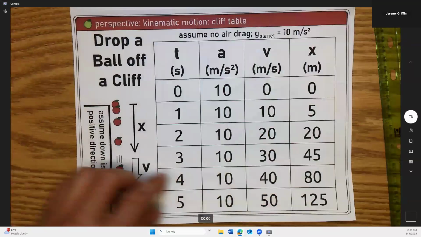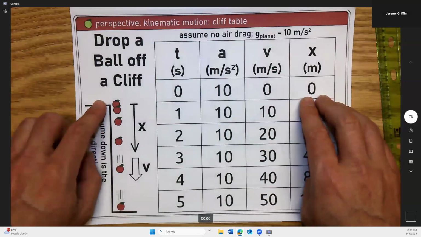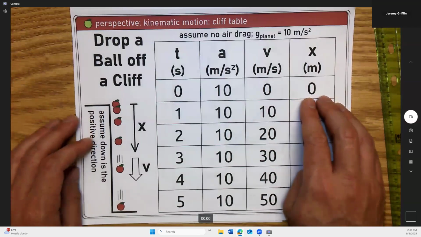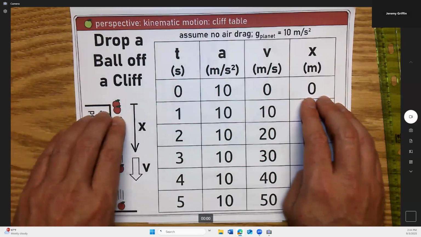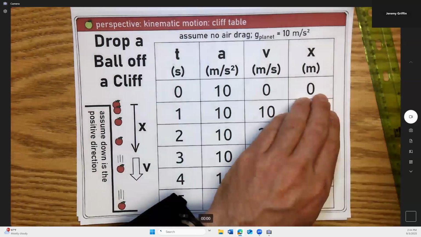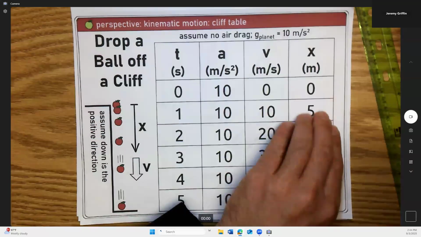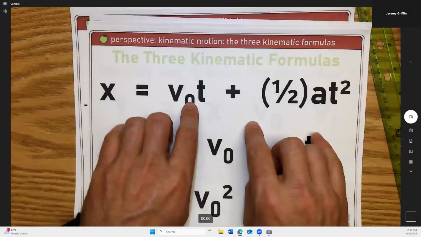And then, how far the ball fell. If I define the top of the cliff as 0.0, and positive is down, who remembers, trivia time, or maybe you can figure it out: after 1 second, how far will the ball fall? How far will a ball fall after 1 second? 5 meters? Yeah, 5 meters. And any number in this column you can get from this top kinematic equation,